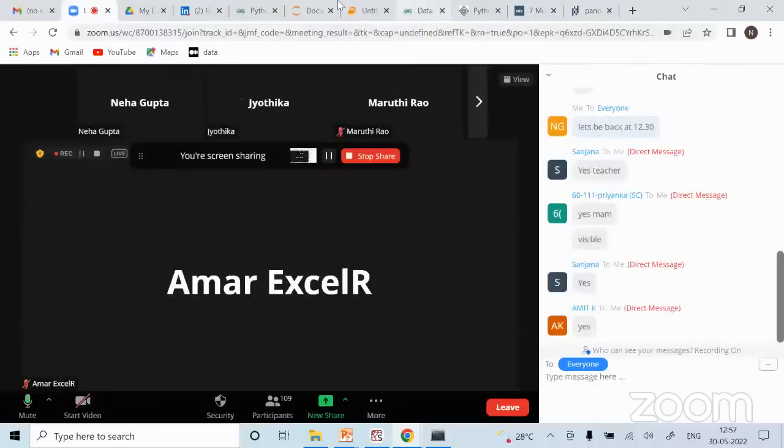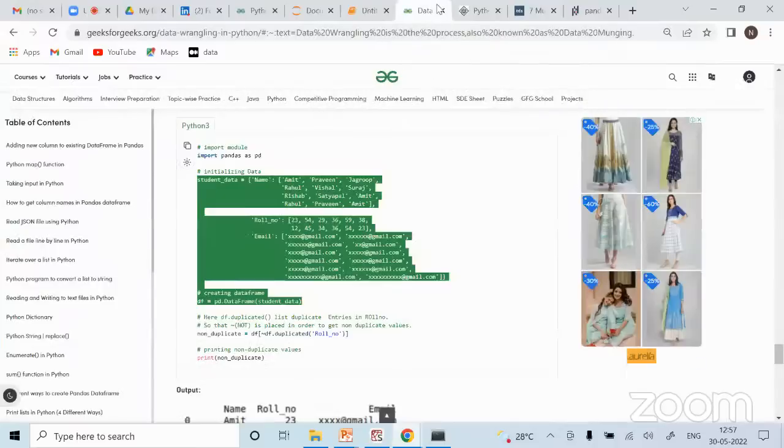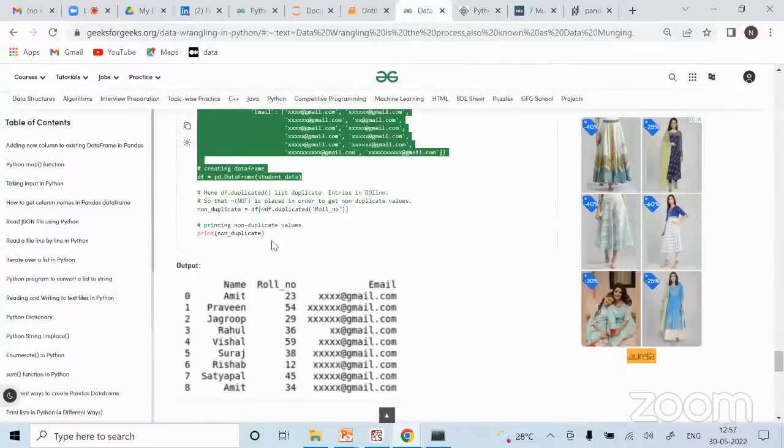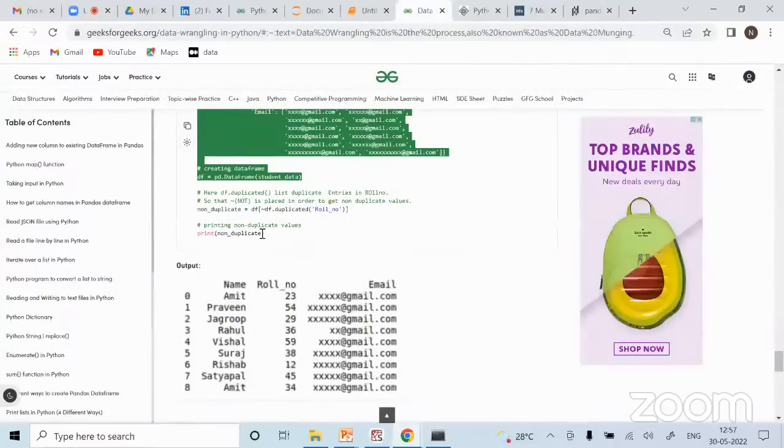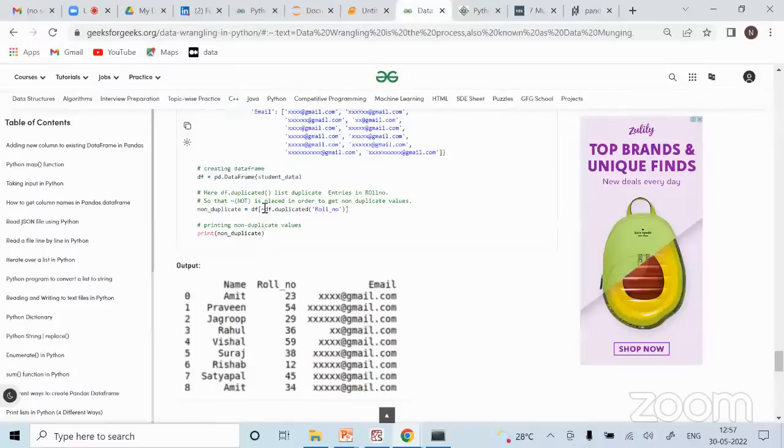Clear? Okay, I hope it is clear. तो या तो आप drop duplicates कर सकते हो, or you can simply do it like this. So df duplicated gives you what is duplicate, but you want to remove them. So if you use this symbol, it is not. It just does the other way around.